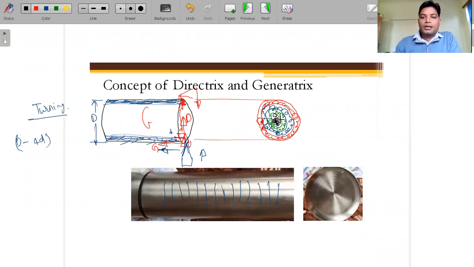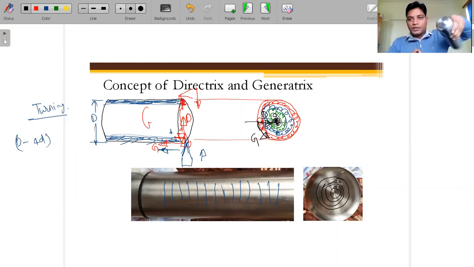Okay, so this is how we will define the generatrix and the directrix here. The material is removed during the rotation, so this rotation is basically the generatrix, and for the removal of the remaining material we are moving towards the center, so this is basically the directrix. If you see this front face, you can see the circular shape is visible now.